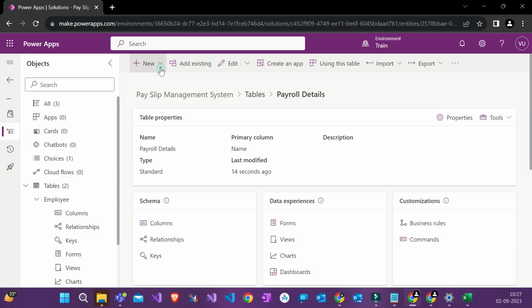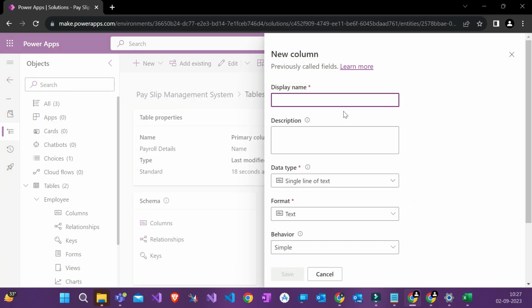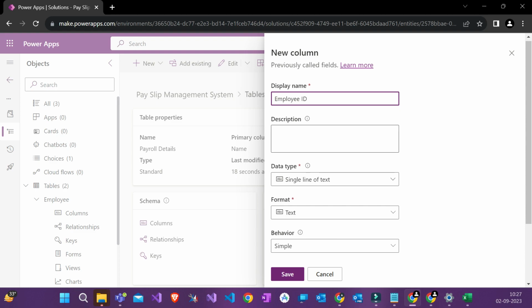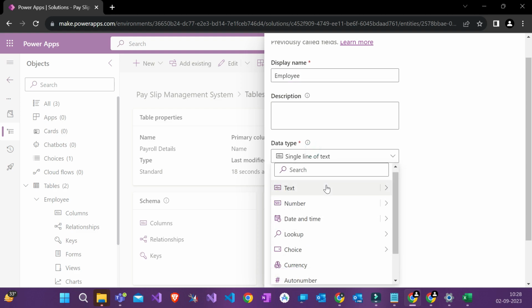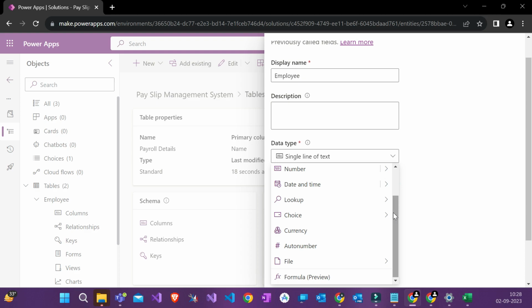Okay, now once we are here, we'll create a column. Again, this is a different thing. I will create an employee. Okay, this is an employee. Let's create employee, because payroll will be related to employee. Like I am an employee and I work for a company called AVU Software. That company gives me payrolls and identifies me by my employee details.